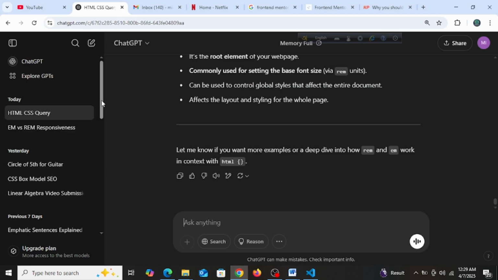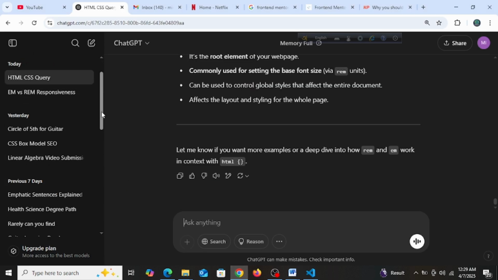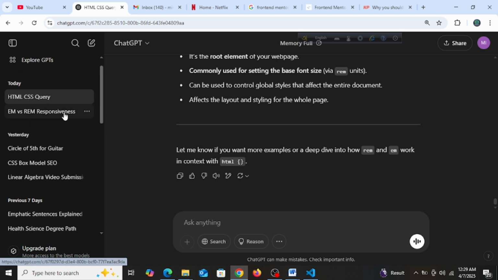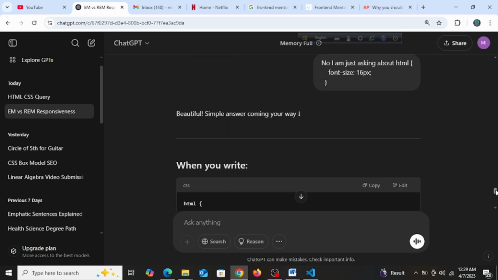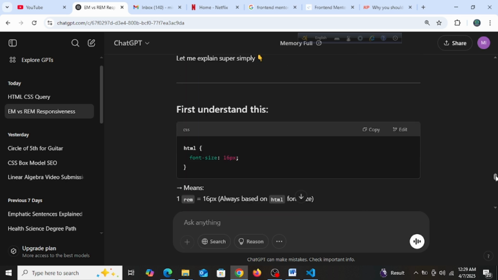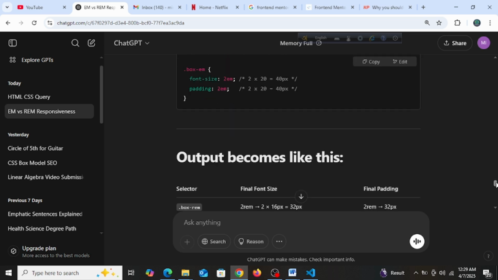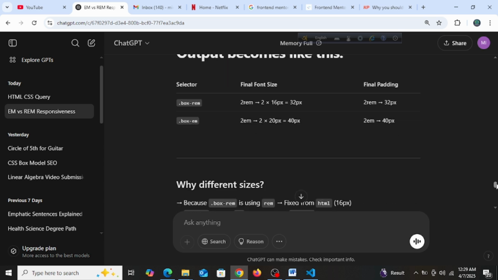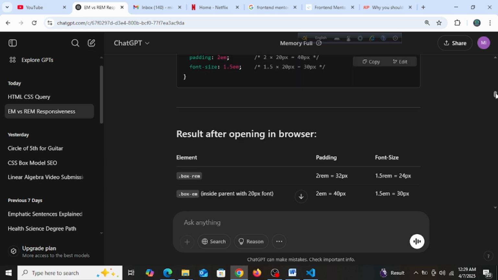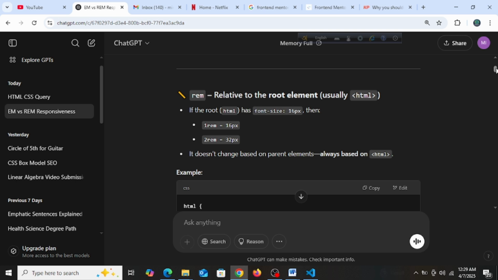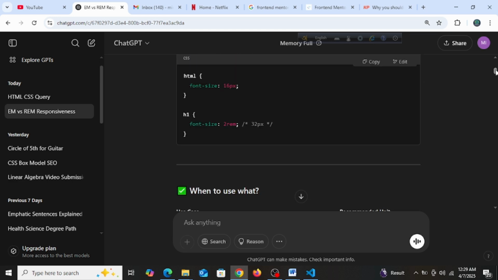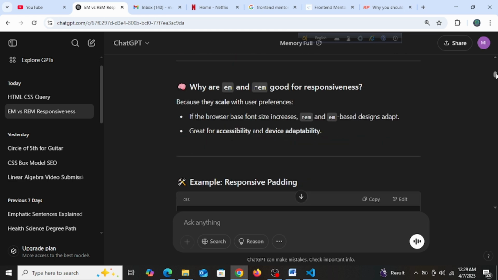So we just need to read the thing again, because rem is related to the root element, usually HTML, and em is usually related to